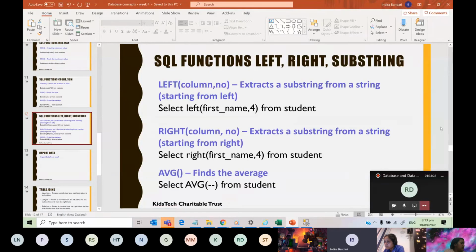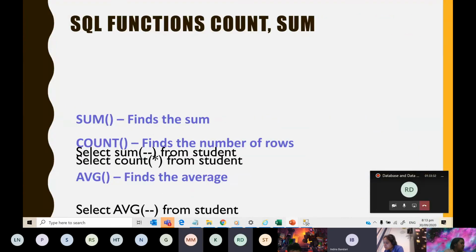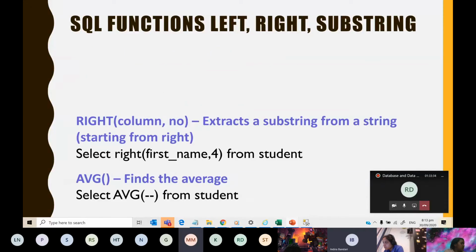Okay, so here, can you see all the PowerPoint? Can you all see the PowerPoint? Yes. Yeah. Okay, so now